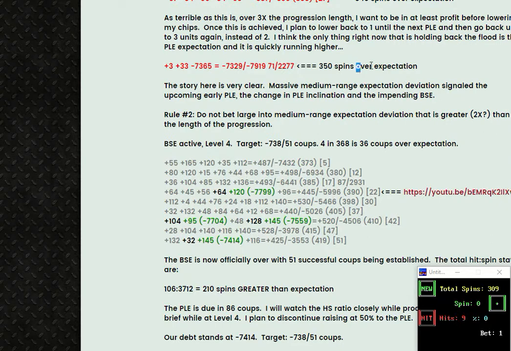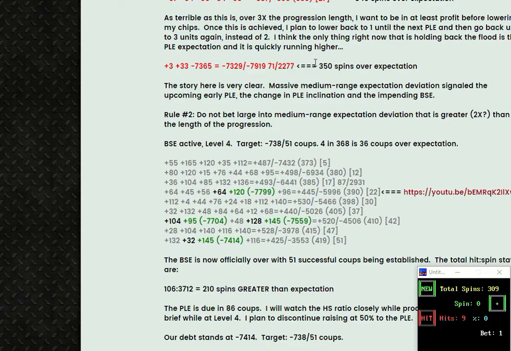See, that's exactly what we were saying. Now it's not over expectation. It's actually supposed to be less. Wait a minute, greater than expectation. Yeah, it's 350 spins greater than what was expected. No, it's wrong. See how easy it is. It's 350 spins less than expectation. In other words, we only had 2277 spins instead of 2627. So that's why it's 350 spins less than expectation, which means the odds are not in our favor for